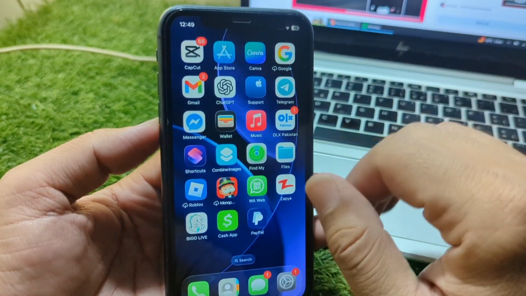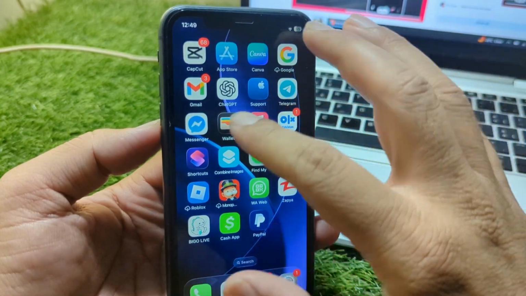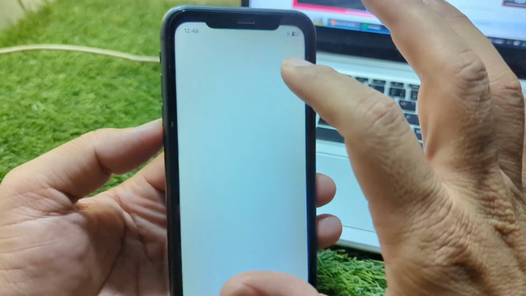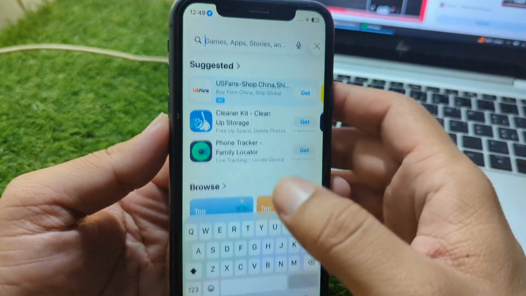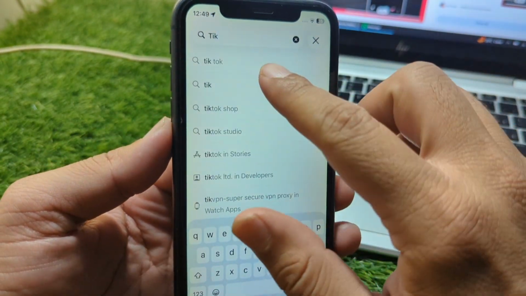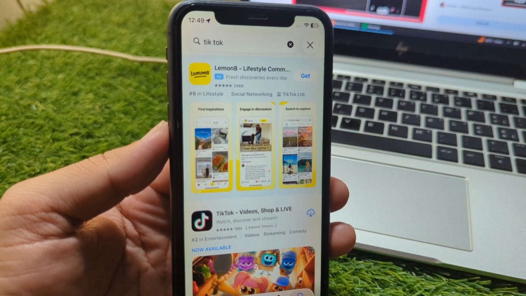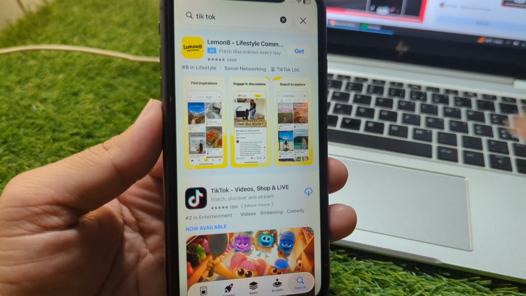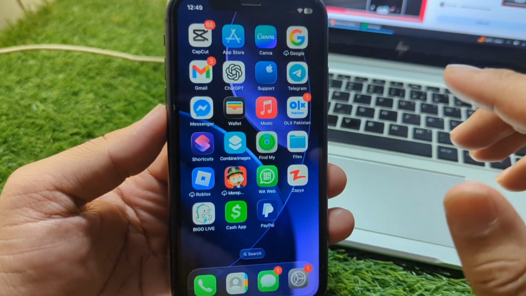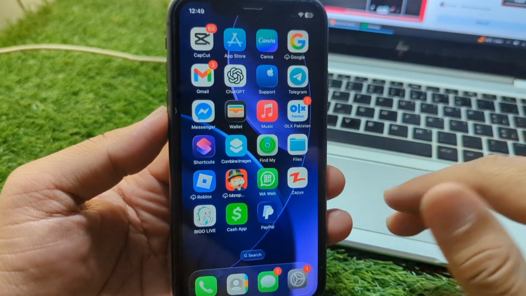And if the problem is still there, then go for the next solution, that is you have to simply open your App Store or Play Store and search here for TikTok, and then download and install the latest version of TikTok app on your device. So I simply download it, and after this check if the problem is fixed or not,